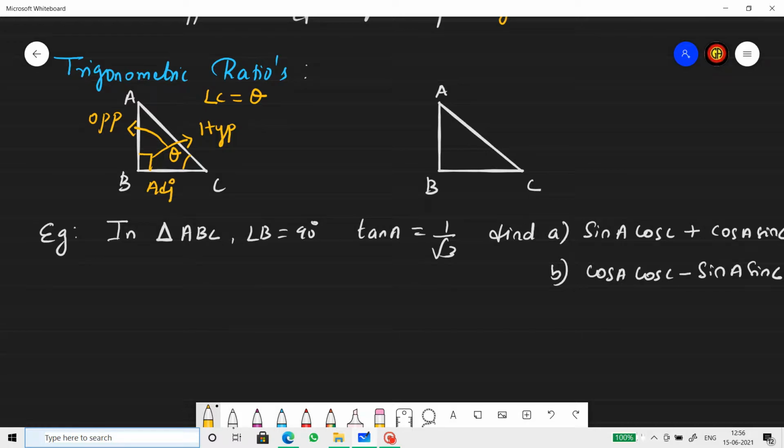Alright. Now in the next diagram, if you consider not C, A as theta. Assume the angle is here, theta is here. So as I said over there, the side that is opposite to theta is called the opposite side. The side that is opposite to 90 degree is called the hypotenuse side. And the other one is the adjacent side. So these are the names given to the sides of the triangle based on where the angle is. Alright, now the ratios.